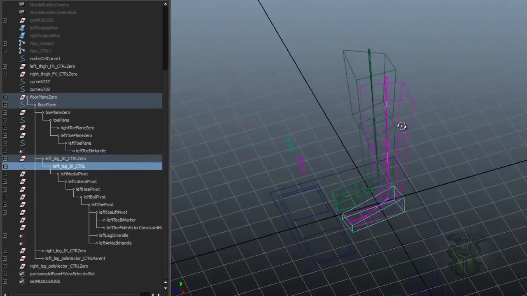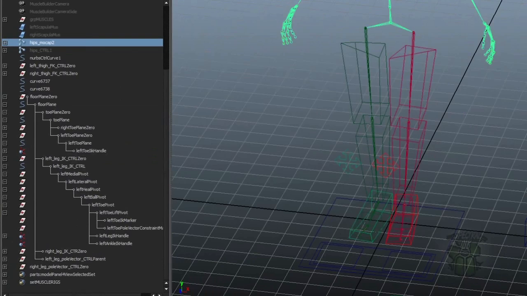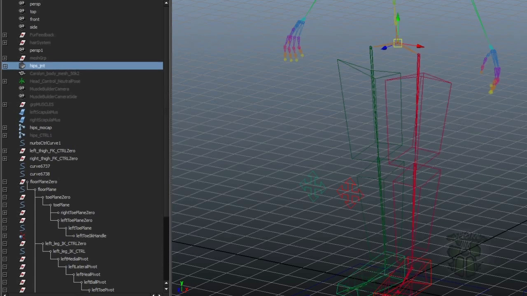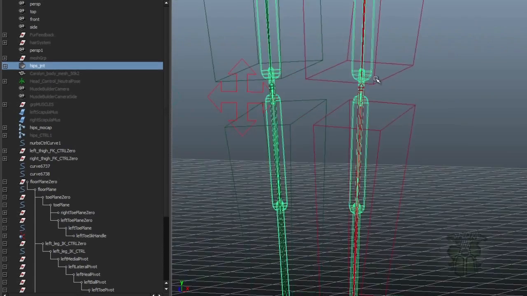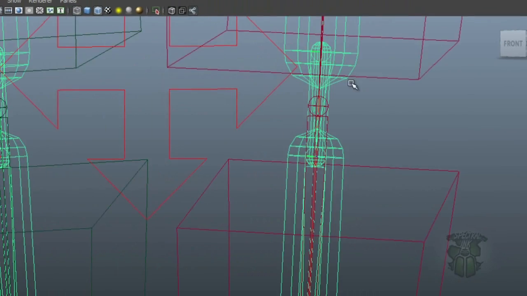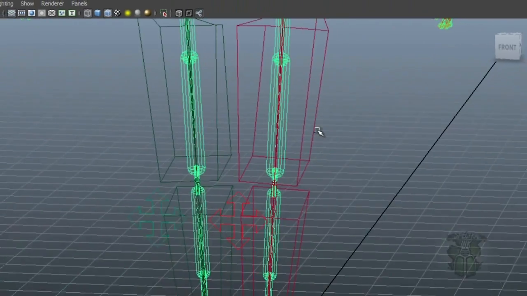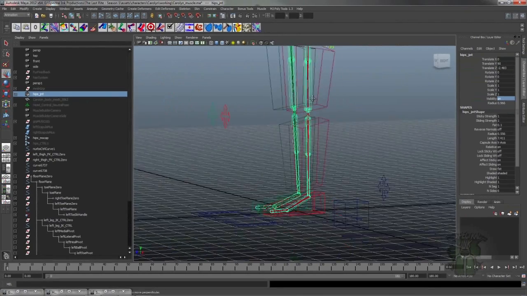Basically, our keyframe rig for the leg is, for the most part, done. However, if you unhide this, that's our mocap rig. Here, that's our bind rig. Now you'll notice we're going to have a small problem. We have an extra joint here in the leg. And we also have the roll joints. The roll joints are a separate problem. That's a minor issue. This extra joint here in the knee is going to cause us problems because